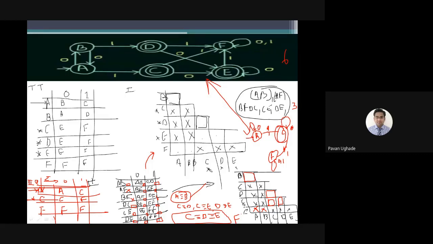So now tell me, give me one string which will be accepted by this automata. We will be seeing whether it will be accepted by this automata or not. Can you make it fast? Tell me one string which will be accepted, of any length. Make it fast, guys.